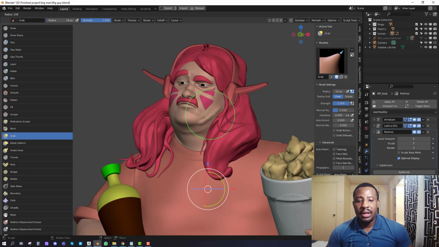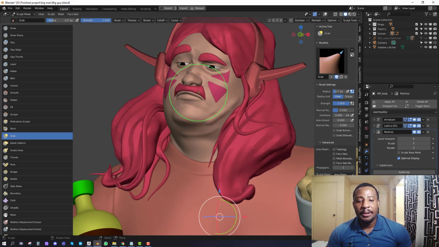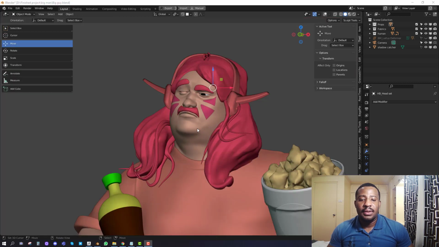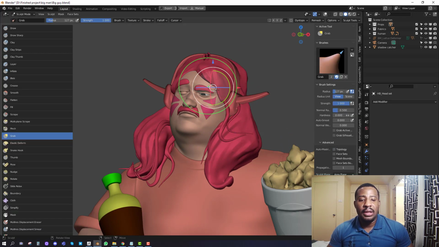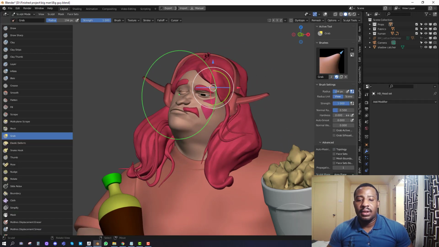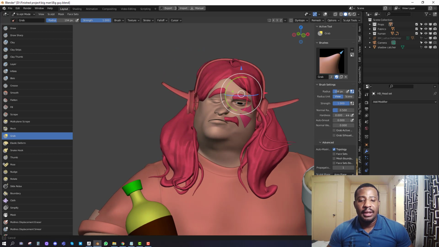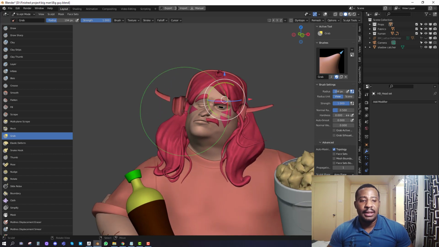So the move brush is quite awesome because it moves stuff, but it also comes with a lot of parameters which you can use to play around with stuff. One of the best updates which I love is this auto mask with topology. Previously, without this topology, if you tried to move it, it was going to basically move all of this at the same time. But with the topology checked on, you can easily move islands nicely. So this comes in handy when sculpting.